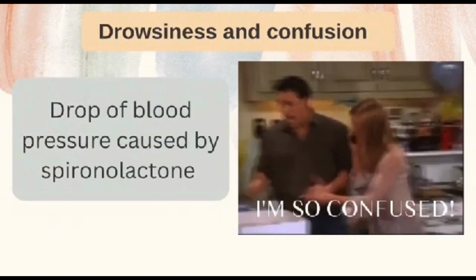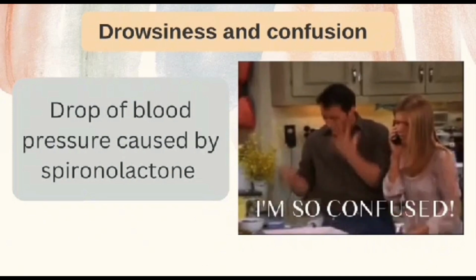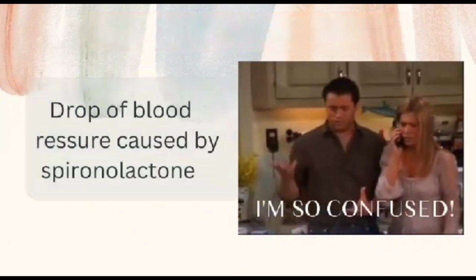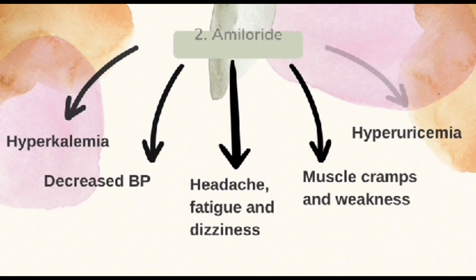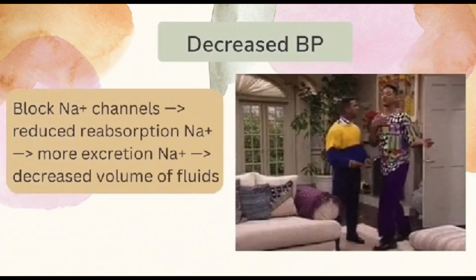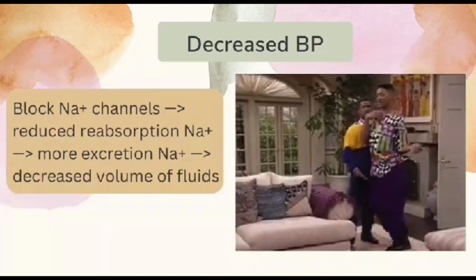Lastly, we have drowsiness and confusion. This happens due to a drop in blood pressure caused by this medication, usually when they're standing up quickly. Next, we have amiloride. Amiloride side effects are hyperkalemia, decreased blood pressure, headache, fatigue and dizziness, muscle cramp and weakness, and hyperuricemia. The decreased blood pressure is due to the block of the sodium channel in the kidney, which reduces reabsorption of